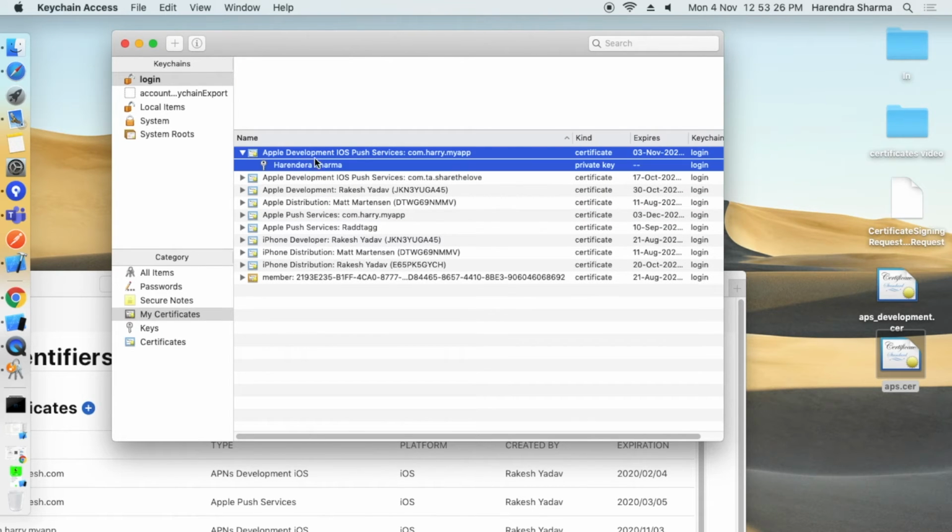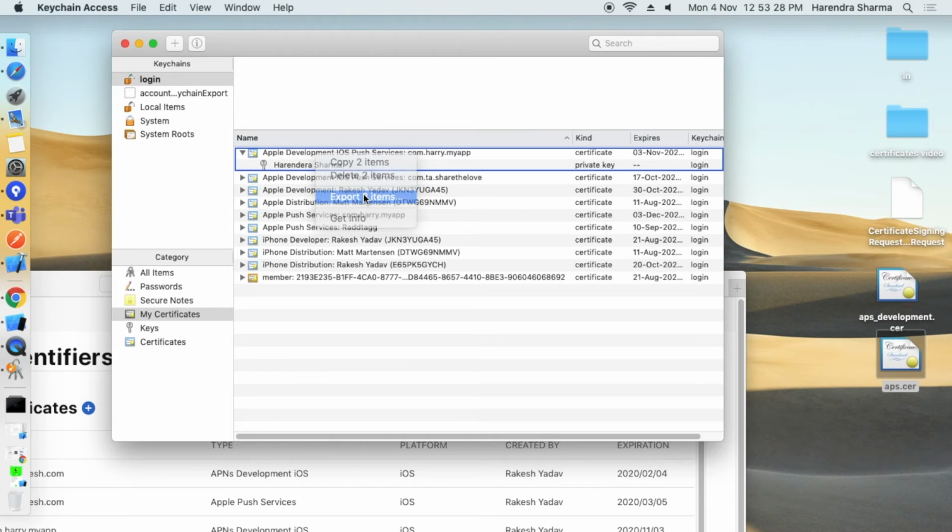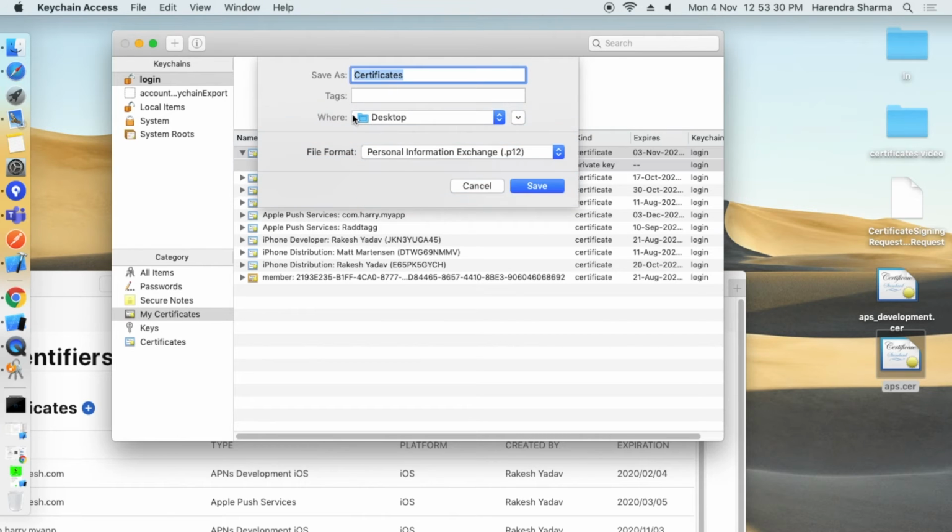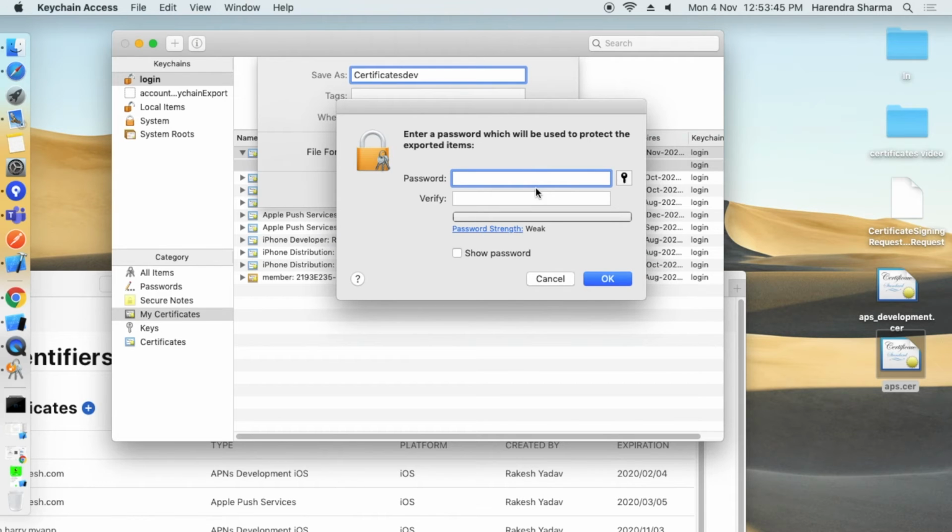So now it's time to create the P12 file. Just simply select that certificate and right click, and select the P12 format in the file format section, and save it to your desktop. It will ask for the password. You can enter your password or just leave it empty, but for video purposes I am entering a simple password,